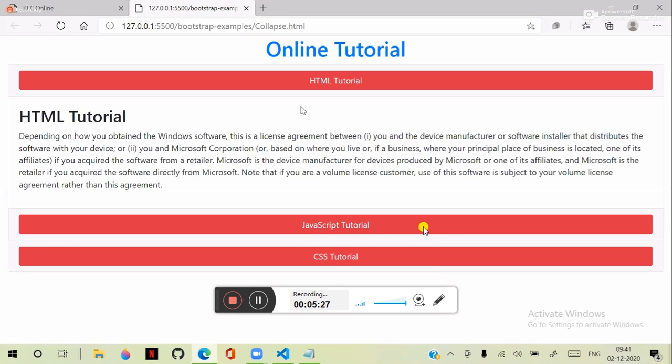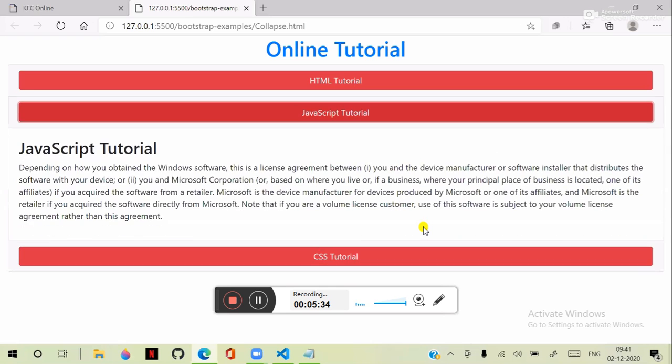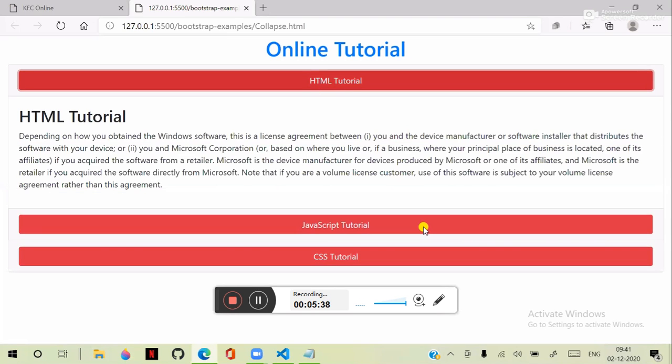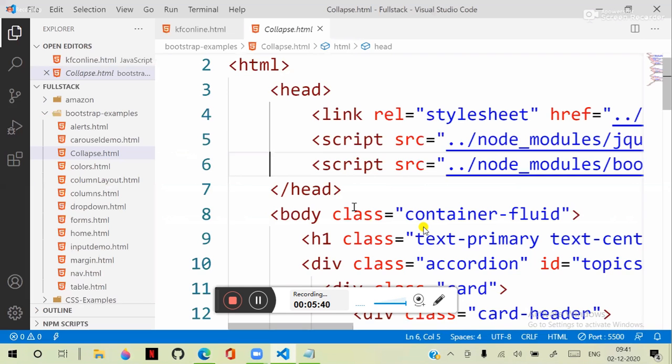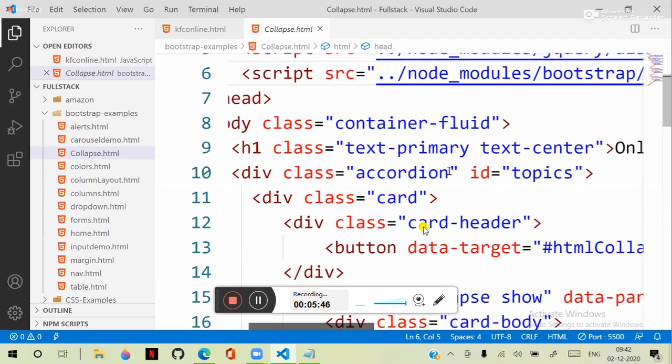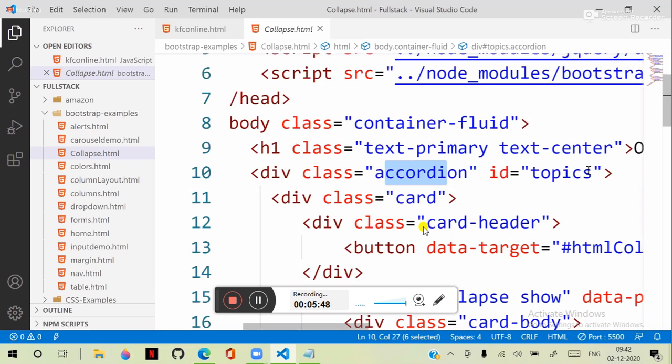We created this example. So we will use this to achieve this accordion type. So what we have to do, you know already. We need to keep an accordion, that is the main content it contains,